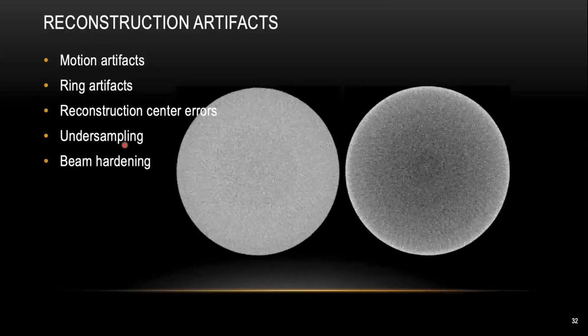And the next artifact is a beam hardening artifact. That's similar to the filtering we described earlier. If you are not using any filtering, and the sample should be homogeneous, so that's a cross-section image, the sample should be homogeneous and uniform. That's what you can expect to see on the left here. But if you see your image has some kind of brighter ring on the outside and a darker region in the middle, that might be some kind of indication. It doesn't mean your sample is not uniform. It might just mean you have some kind of beam hardening artifact. So in this case, most likely you might need to implement some kind of filtering to improve your image quality.